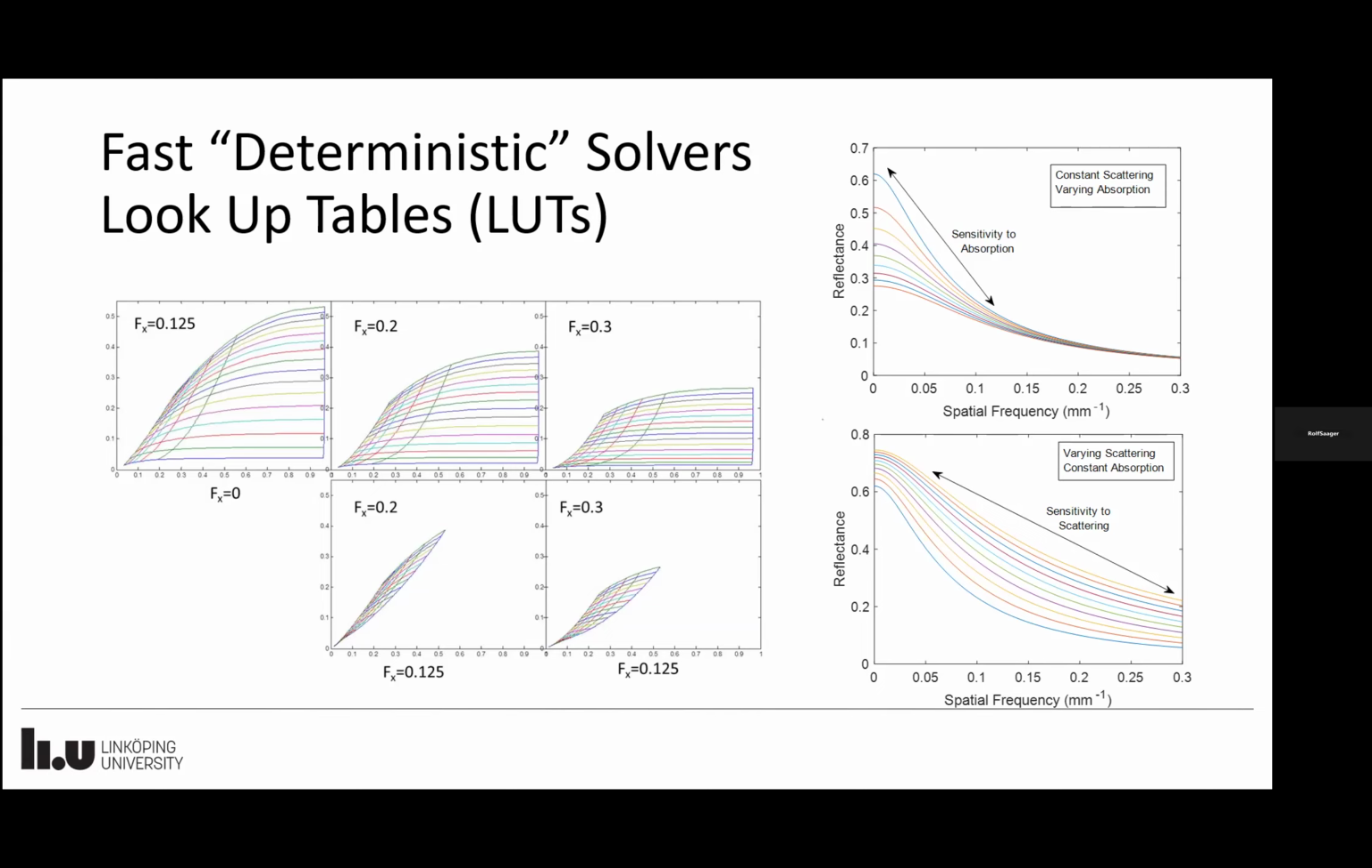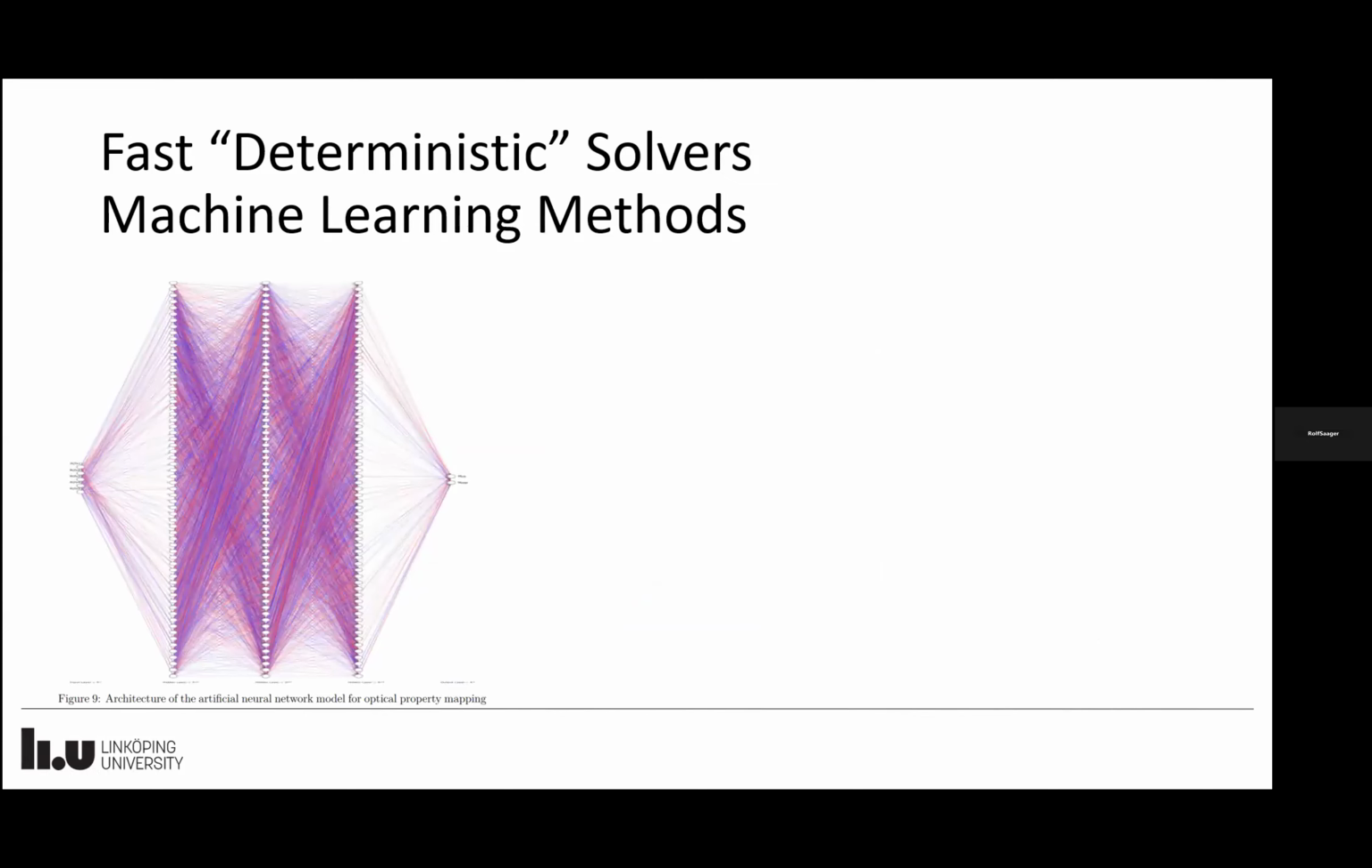People like it because it's fast, but it doesn't mean that it's accurate. So those are always the trade-offs for that. And then there are also machine learning methods. So you have, say, in this case, 5 spatial frequencies,